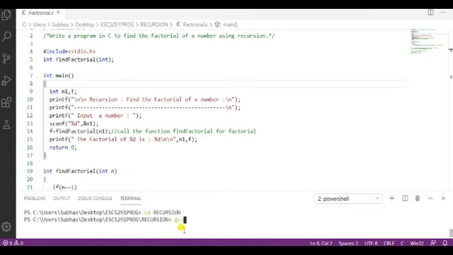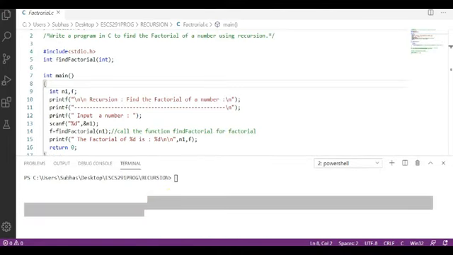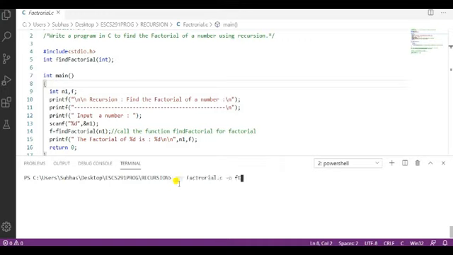So gcc factorial.c, and -o, the new file name. Let the file name be f2. So gcc, name of the file dot c, minus o, then the new file name.